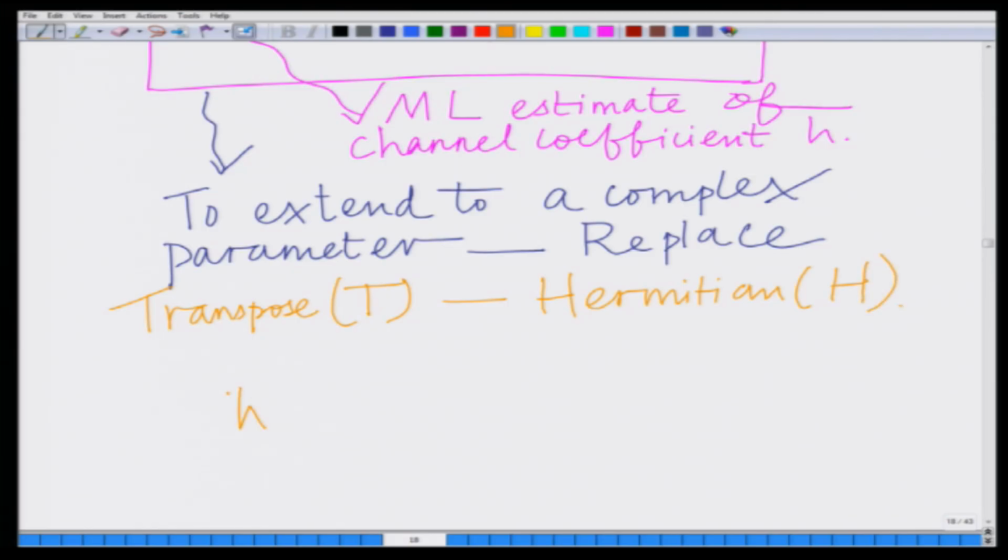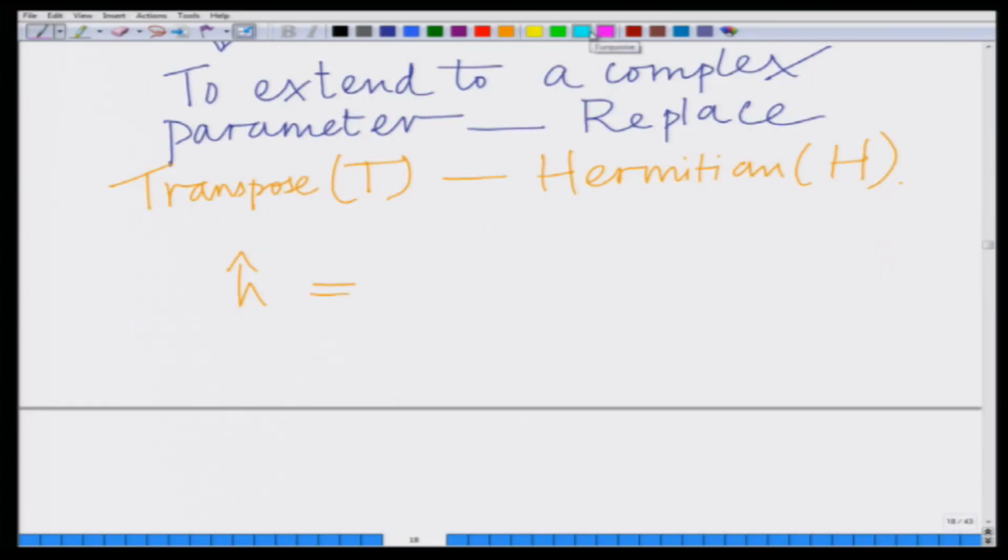So, for a complex channel coefficient, this is the maximum likelihood estimate,